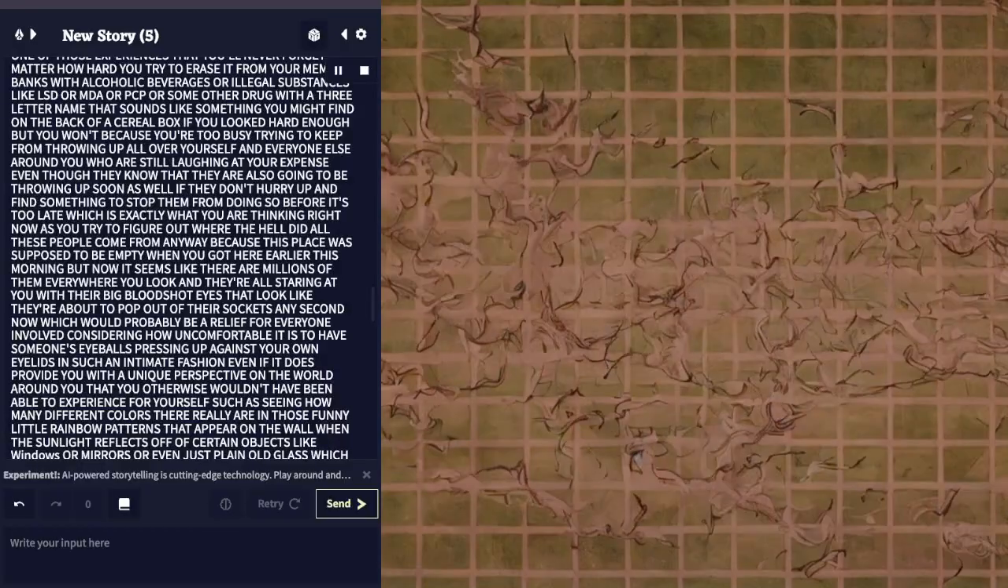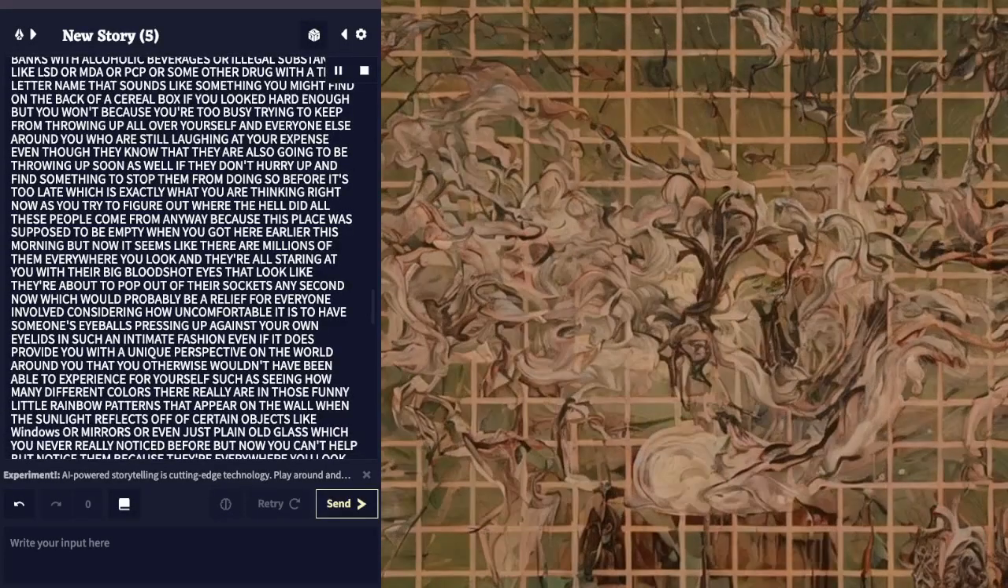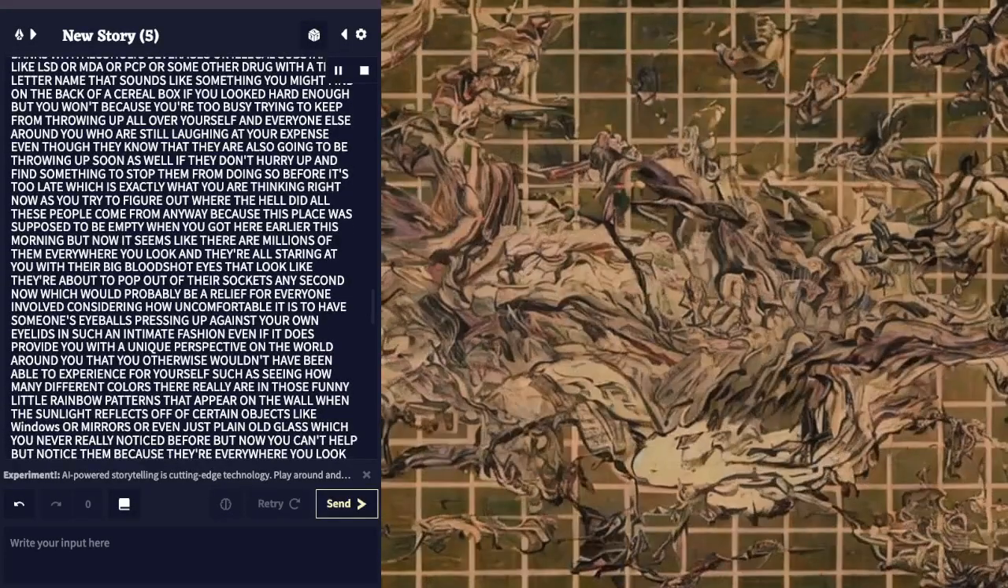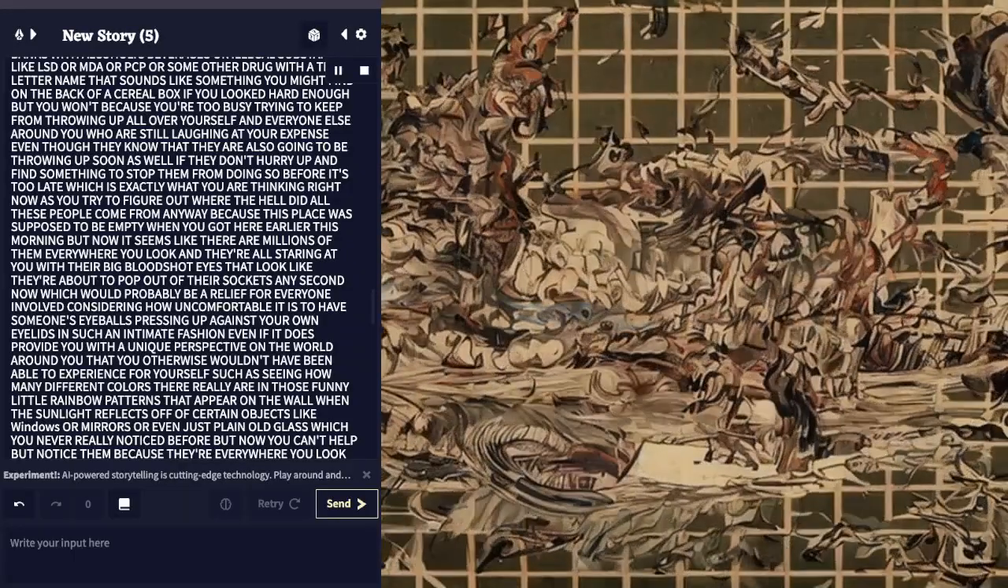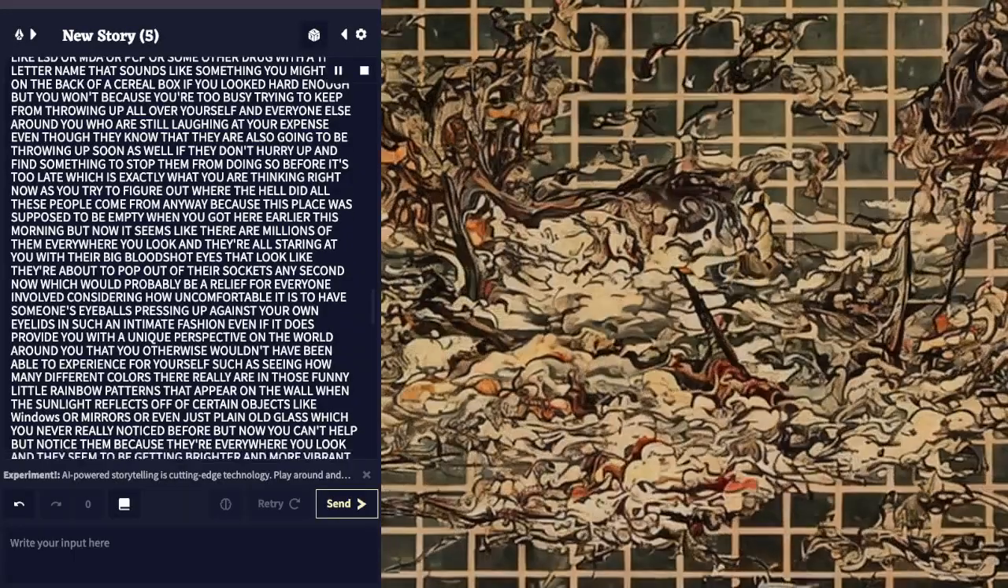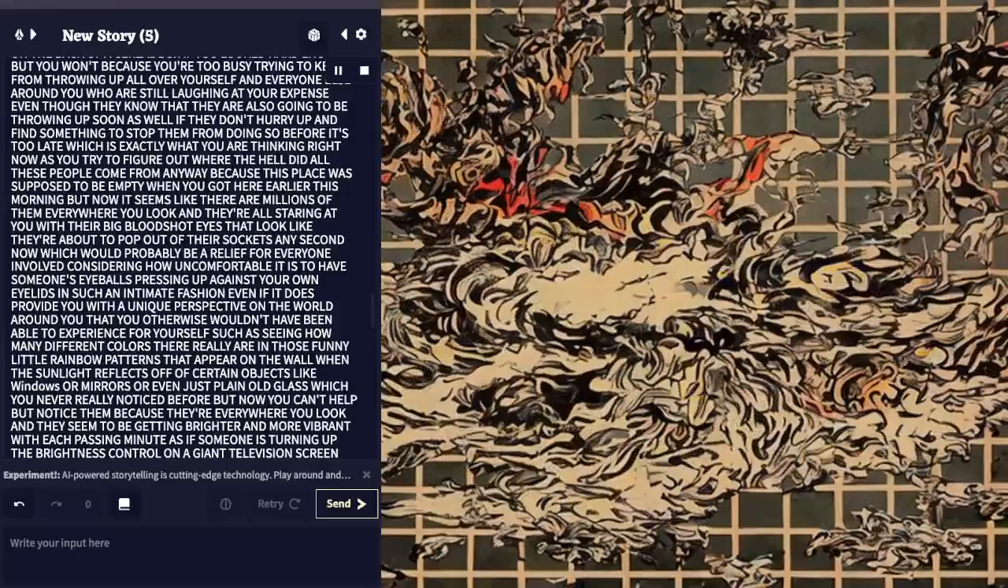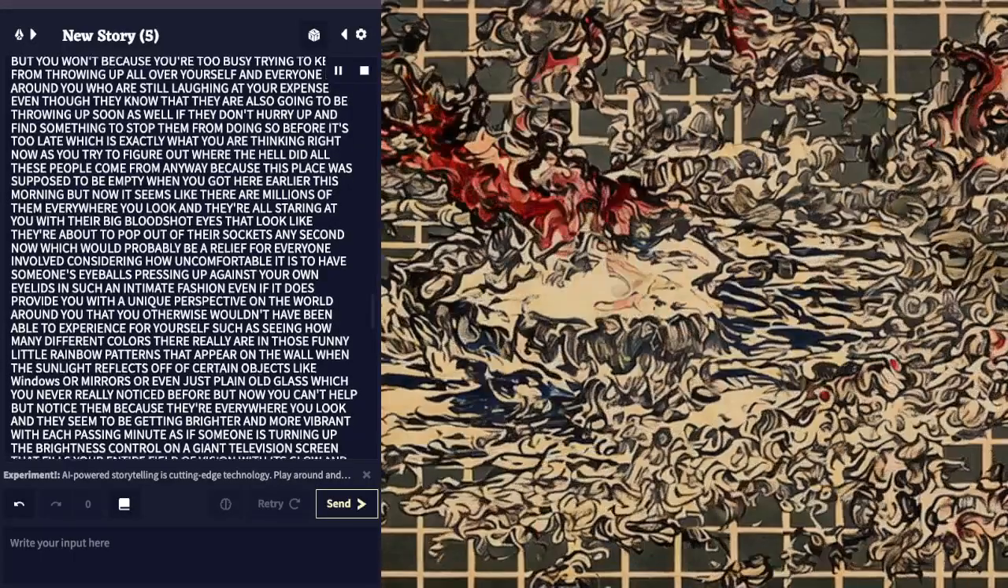on the wall when the sunlight reflects off of certain objects like windows or mirrors or even just plain old glass, which you never really noticed before, but now you can't help but notice them because they're every way you look, and they seem to be getting brighter and more vibrant with each passing minute, as if someone is turning up the brightness control on a giant television screen that fills your entire field of vision with its glow, and you can't seem to look away from it no matter how hard you try, which is why you are now